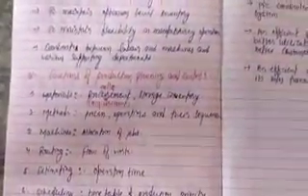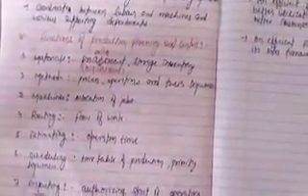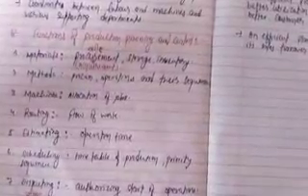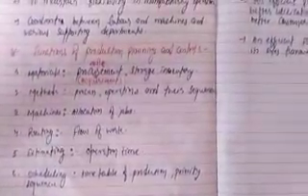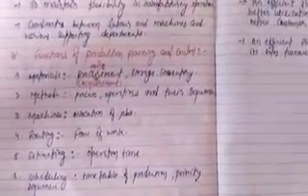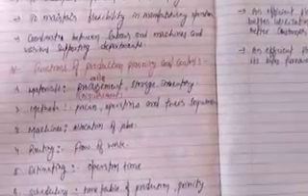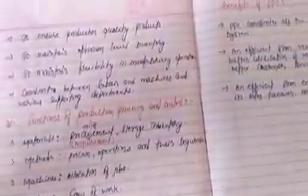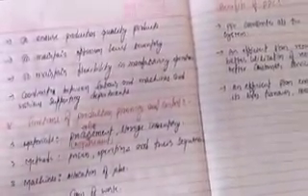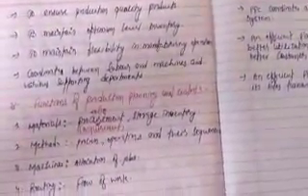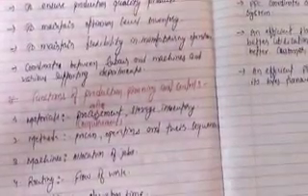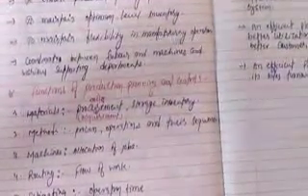And the last one, coordination between labor, machines and various supporting departments. We want maximum output for a particular industry and particular jobs, so we want to coordinate all subordinate bodies, all types of bodies, coordinating between labor and all the various departments. And now we will discuss the next topic, functions of production planning and control.